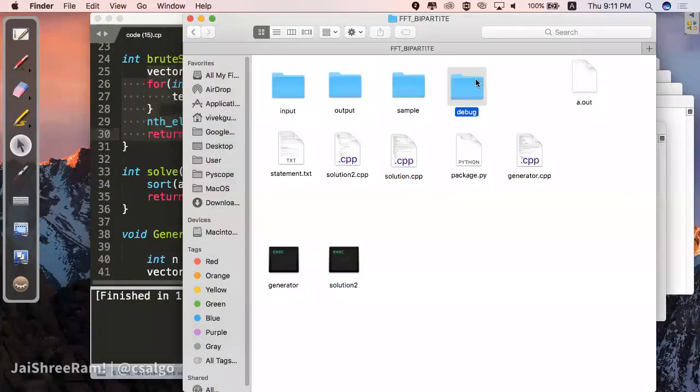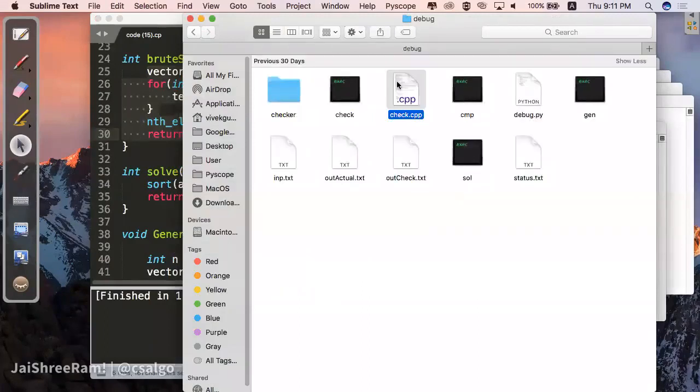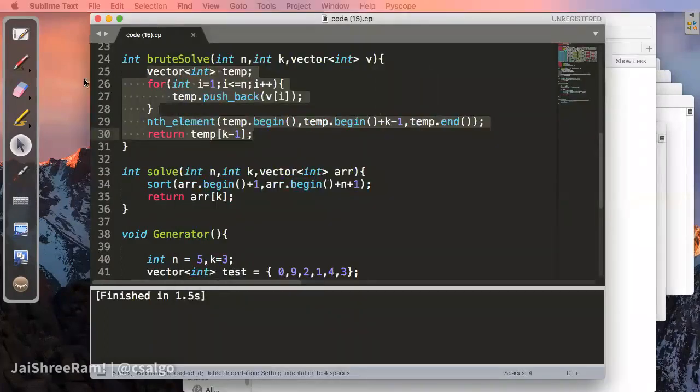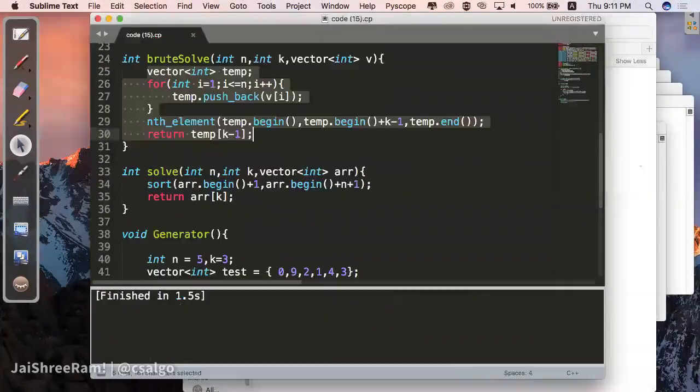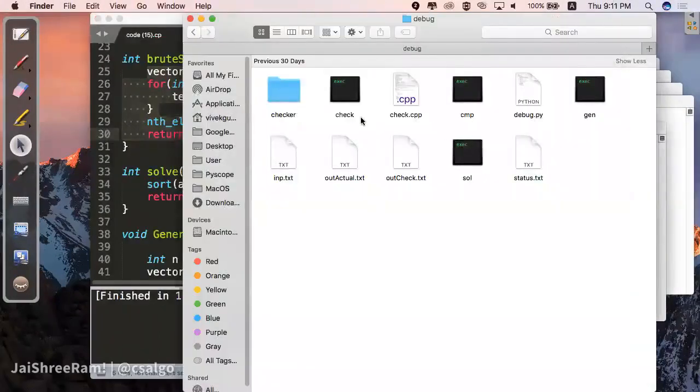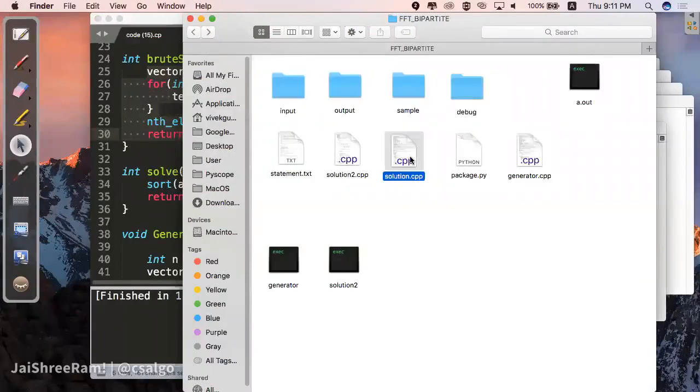You can, even if you want, create separate functions where you have a code check, where you have to check this particular function, and it is giving wrong answers in some cases. Okay, something like this. This is deliberate. And then you have the correct code over here. This is the solution and this is correct.